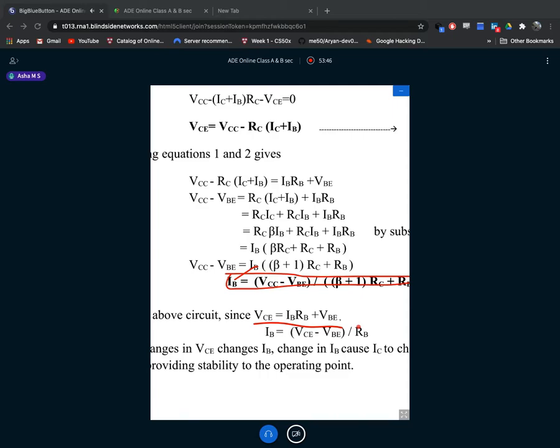Whenever the temperature changes, whenever you replace a transistor, or due to external interferences, there could be n number of reasons, and the mainly considered reasons are when you replace a transistor or when the temperature increases. Due to the internal heat produced, there are chances of increase in the IC value. So when IC increases, automatically VCE increases. Here, since this VCE is dependent on IB and you have a negative feedback here, you see the diagram here.